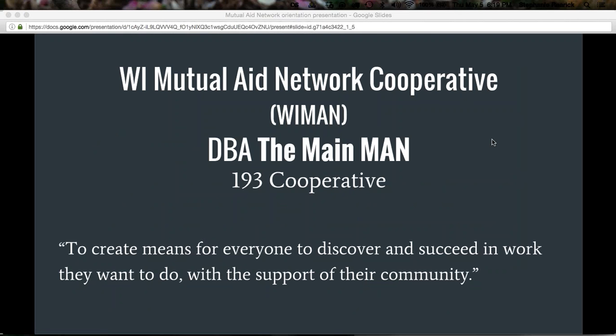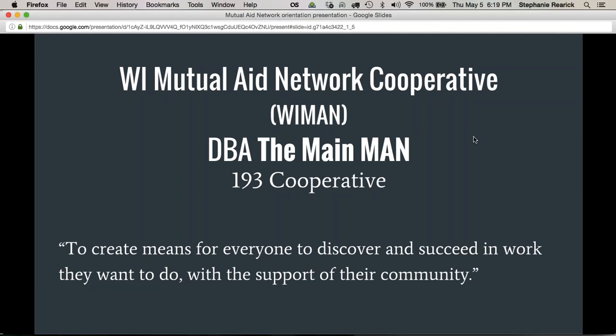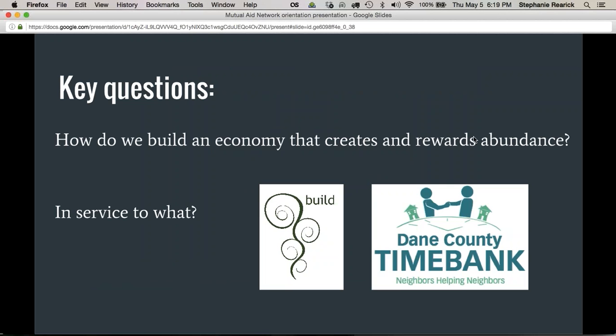But essentially, what we realized, so mutual aid networks were born out of some questions that we were trying to answer. I started the Dane County Time Bank in 2004 as a way to really see if we could use some peer-to-peer mutual credit exchange tools, time banking in particular, to really break down barriers between people,